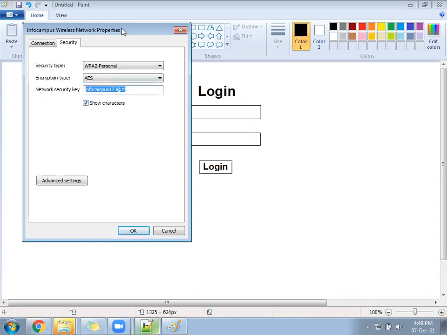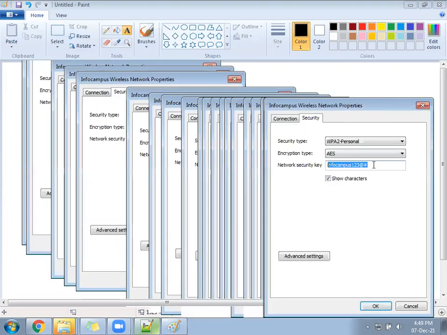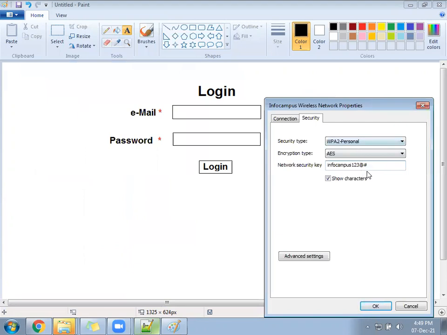That is the meaning of learning. You can connect with this Wi-Fi, Info Campus, 123 @. To get connected, I will give you the folder. Many things are required: your time, your dedication, interest, everything is required. Then only it will work out.